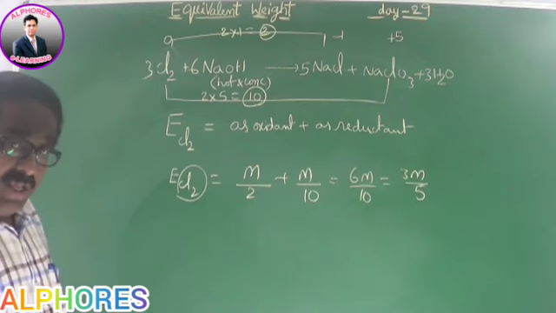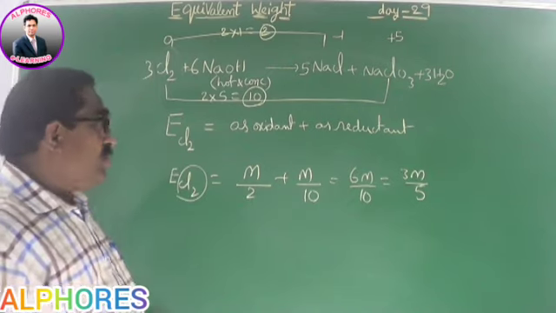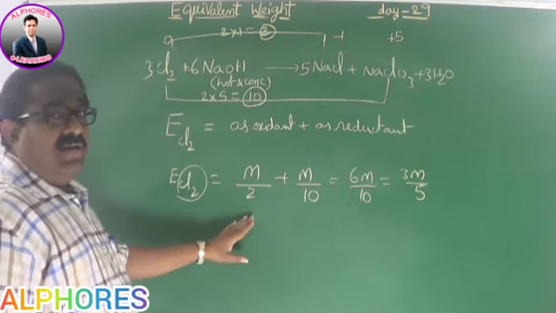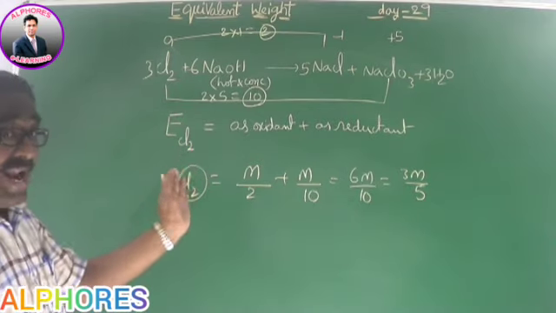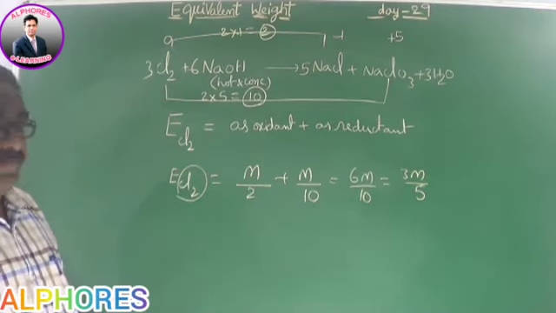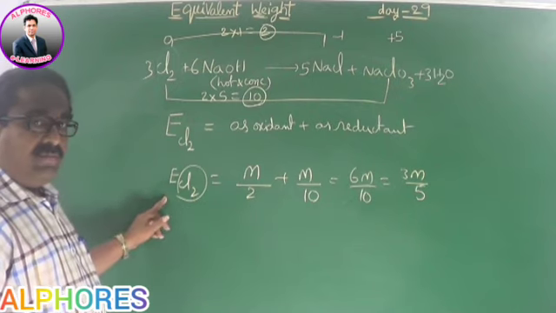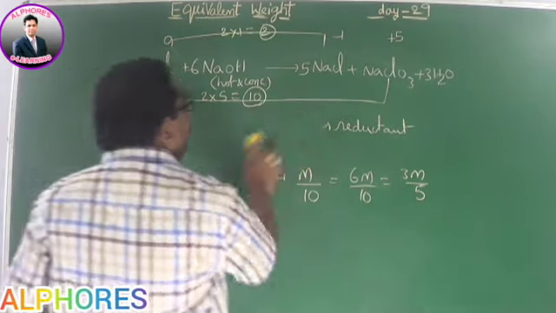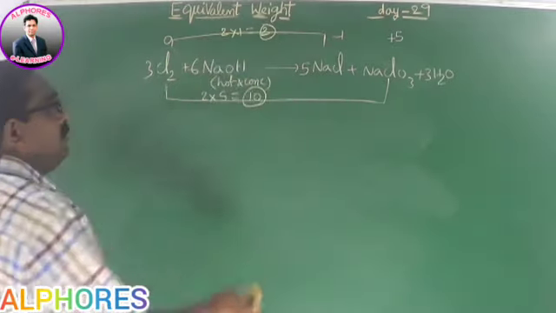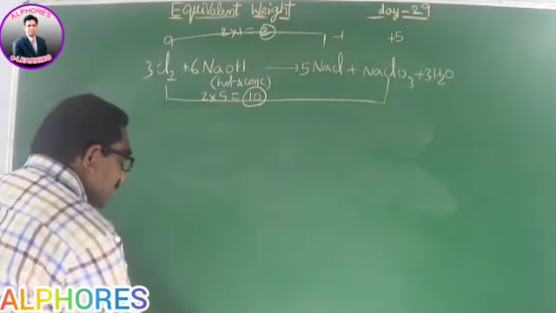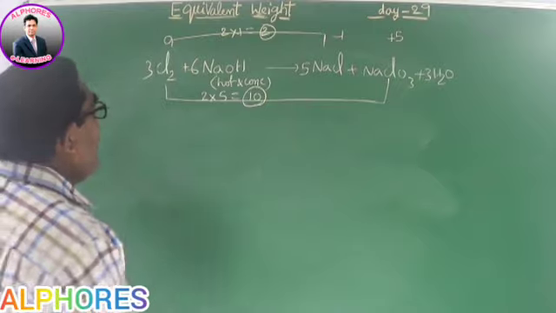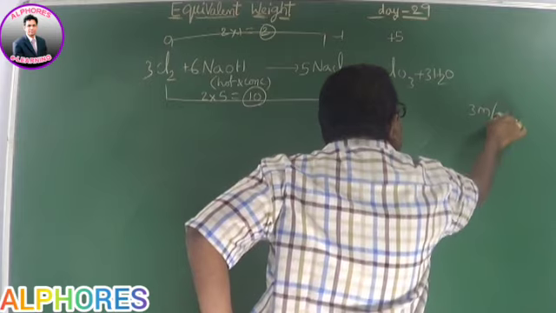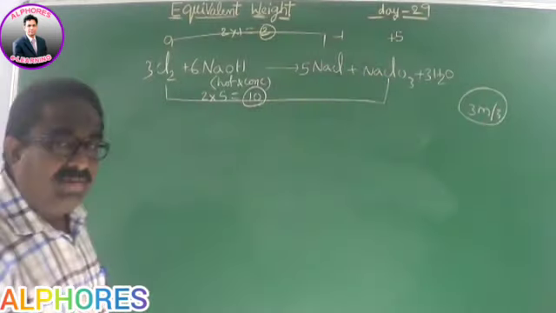Another way of approach is also there. Let me explain that one also after you finish this question. Please copy down. Then I will go for another approach. Note it down, friends. Let me go for another approach. This is a formula approach. Another conceptual approach also I will explain. What is the equivalent mass we got here? I am writing here just what we have solved now, 3M by 5.